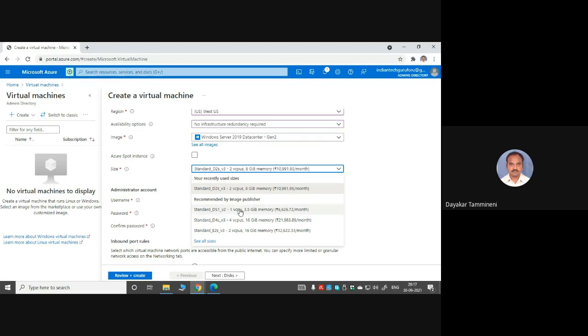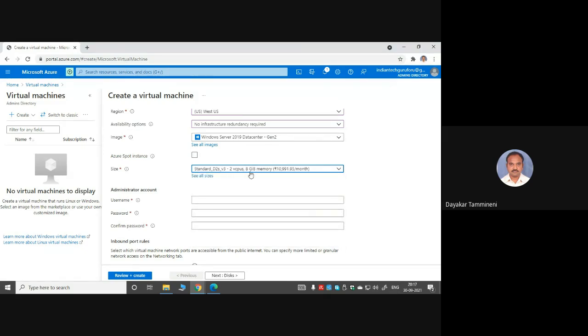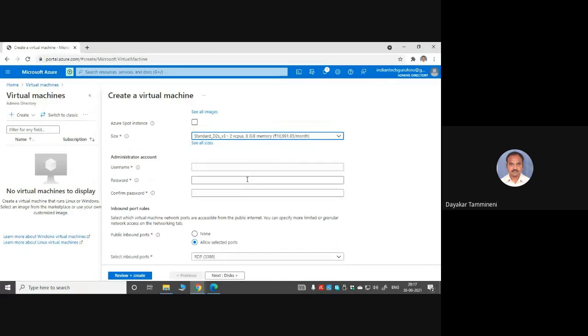So here recommended sizes are there. Already one is there, 2 CPUs, 8 GB, enough. Okay, 10,991 amount is there. I will go for that. And for this particular virtual machine, I need to give a username and password. Okay, this is not the administrator username and password. This is the username and password for this particular virtual machine.